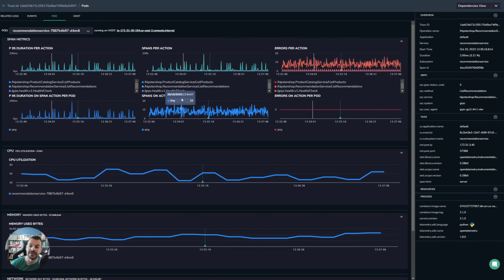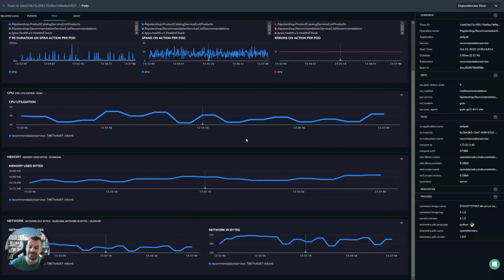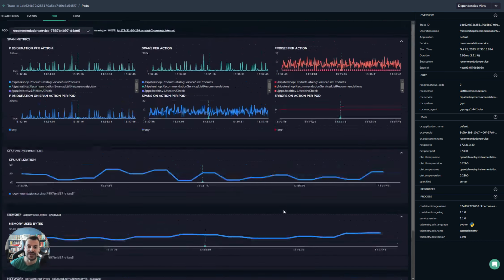Then you have the pod metrics. So if you're running on Kubernetes, you can actually view the CPU, memory, the spans, the overall span actions, everything about that system. So this isn't just a traces view. We've now seen logs, metrics, and traces. And these metrics will give you, for example, if a span is taking way too long and you don't know why, dive into here and you can see maybe the CPU has spiked really high. Same thing with the memory. Maybe the memory spiked really high or the network spiked really high. And that gives you some idea that perhaps there is a problem there,